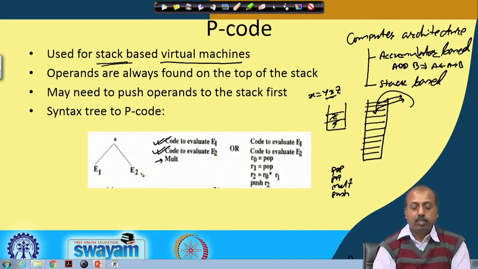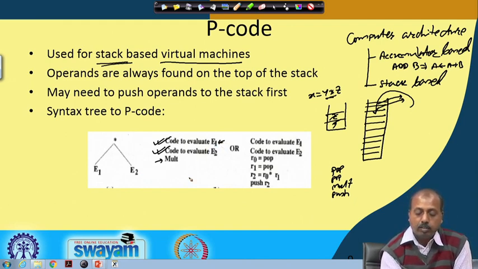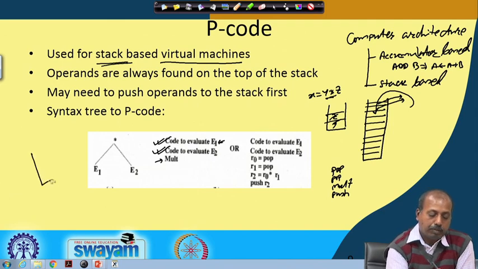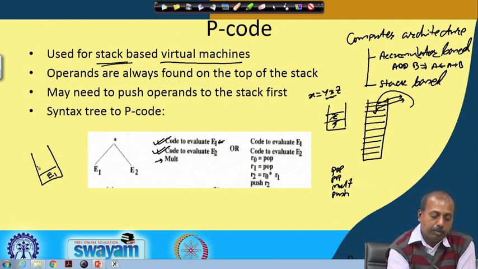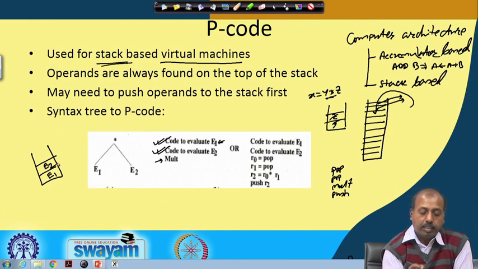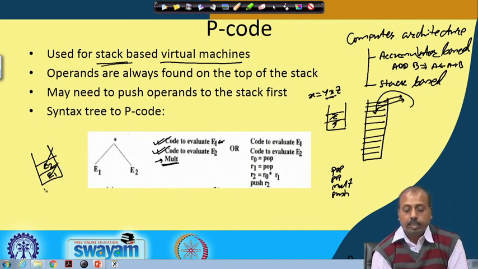After finishing the code to evaluate E1, the final result of E1 is already available in the stack. Then we have the code to evaluate E2, and after executing it, its final result is available in the stack. Then it comes to this mult instruction. It will take out these two values, do the multiplication, and put the result back onto the stack.